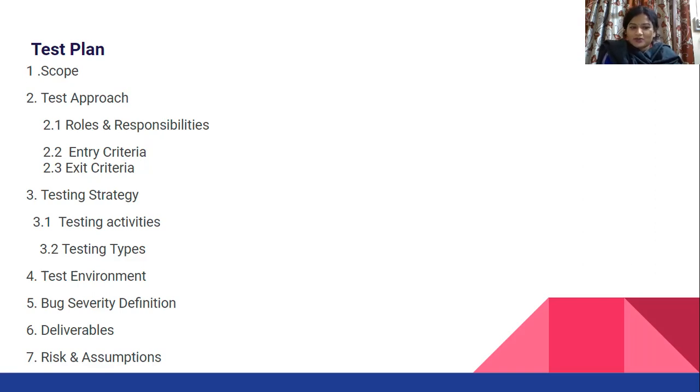Okay, so the next one is the test environment. Our test plan should include all the necessary details about the testing activity or the testing flow. As the test plan is usually written by a senior tester, it includes all the necessary details about the whole testing process that is used in the software company. Okay, so the next one is the test environment.